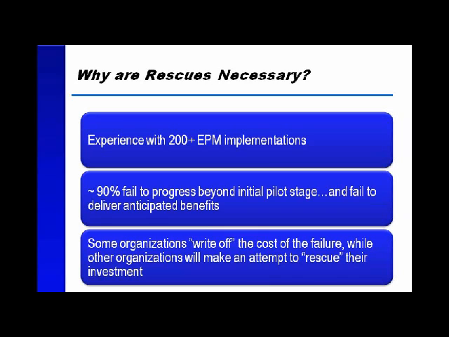Then there's really 2 paths organizations take. There's sort of a write-off path, which is the investment is made, the failure occurs, and the organization writes off the cost of the failure and seeks some other option in order to really go after a solution like enterprise project management, including a decision not to do anything and go back to the old ways. Some organizations will make an attempt to rescue their investment, and they happen for a variety of reasons. Organizations oftentimes will spend well over 6 figures both in software as well as services, whether external or internal. And once those investments are made and the initial benefits are not foreseen, after some period of time, oftentimes from management, a mandate will come down to require that we have